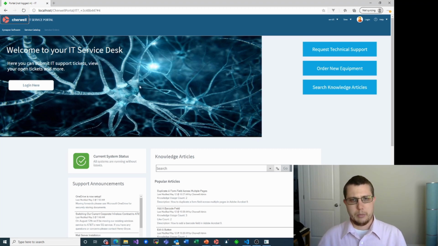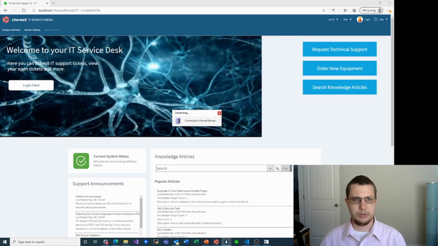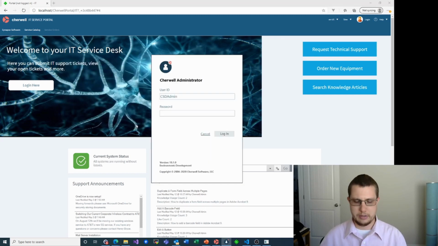Now the first thing we might want to change is themes. So let me go down to admin. Looks like I'm not even logged into admin, so I'll choose my local Cherwell browser connection. I'm running this all on my local machine, so,